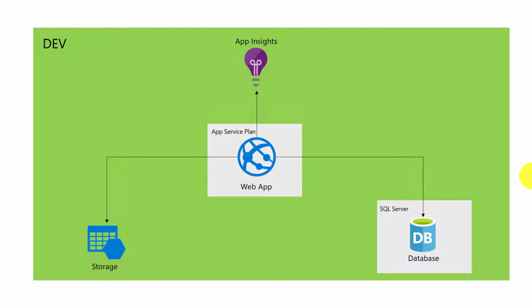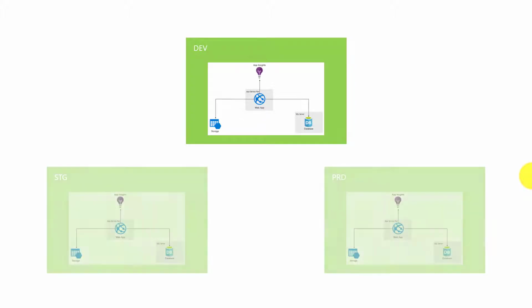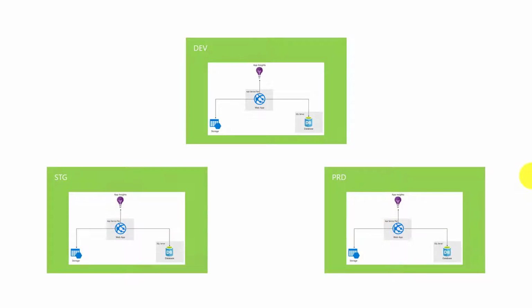But when you're working in projects, you're going to definitely have multiple environments. Initially, you start with dev environment. Later, you also have few more environments, for example, staging environment and production environment. Today, we are going to learn how to optimize our bicep scripts further so that we can use the same scripts to provision infrastructure for multiple environments. Let's head over to Visual Studio Code and see how to achieve that.